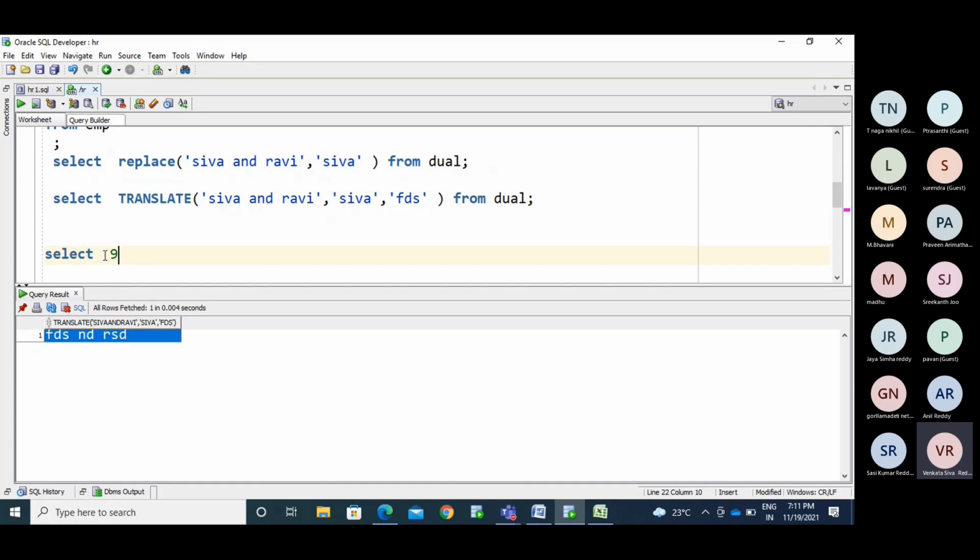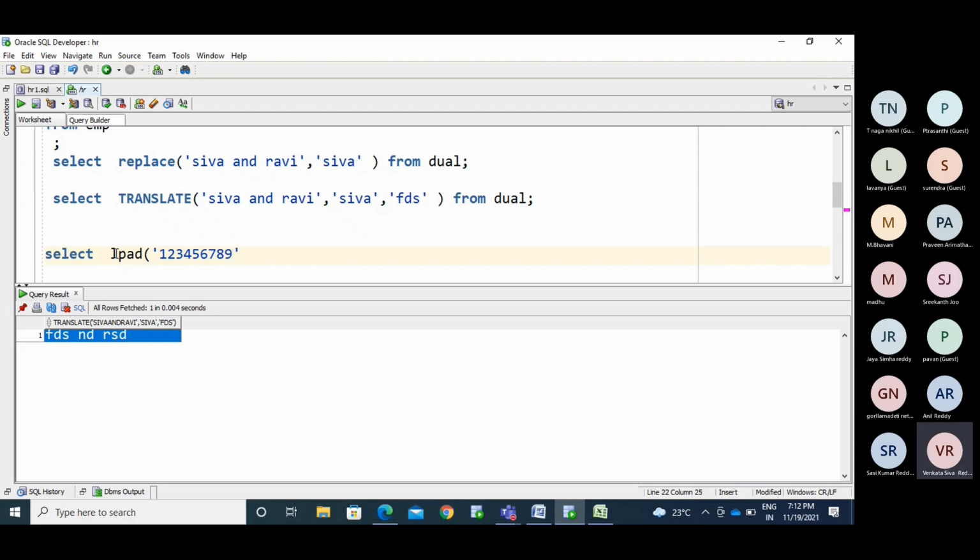Got it? So if you want to pad something, meaning adding, let's check now. Say LPAD of 1, 2, 3, 4, 5, 6, 7, 8, 9.